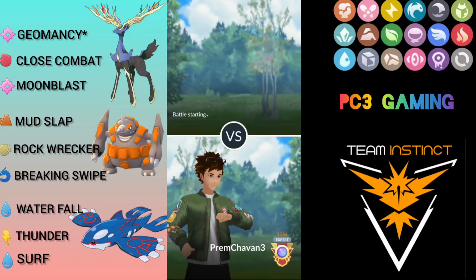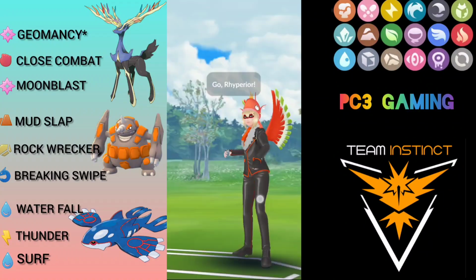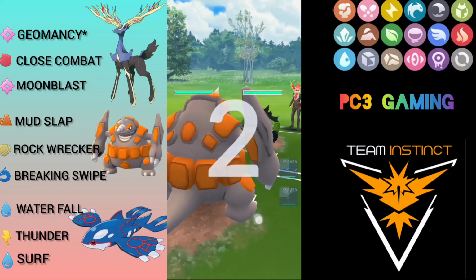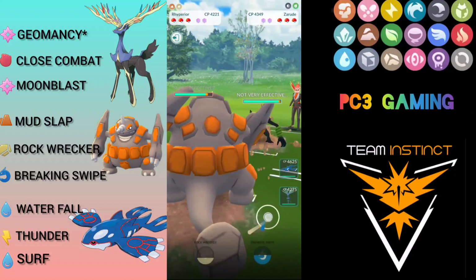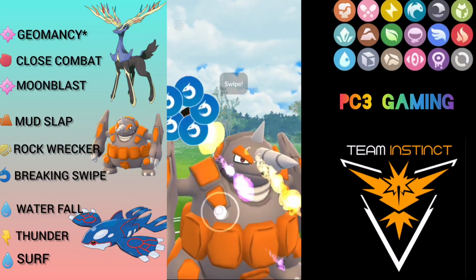Let's see what the last opponent has for us. If Kyogre can hunt Landorus for the last time, and here comes the Zarude, and it is a core breaker for me as Zarude can counter my two Pokemon, Rhyperior and Kyogre. So I have to stay here, and I will throw the breaking swipe, and I will fully sack my Rhyperior